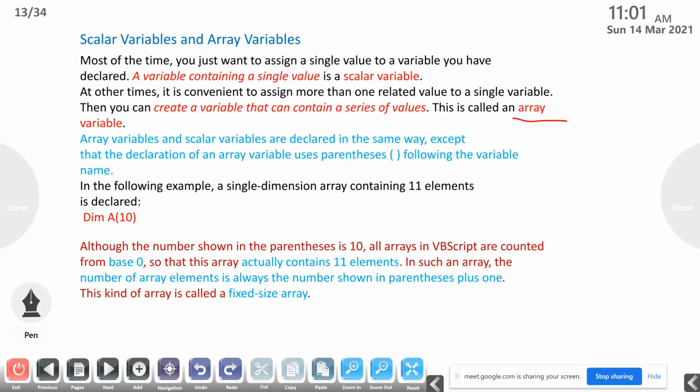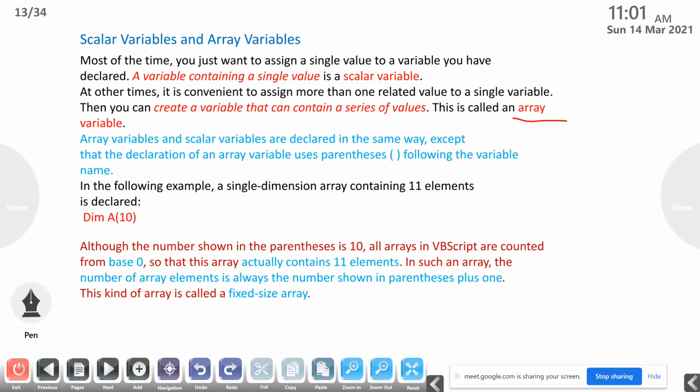Here is one difference between a JavaScript array variable and VB script. Although the number shown in the parenthesis is 10, dim A of 10, all arrays in VB script are counted from 0. We know that in all programming languages, and in JavaScript also, when we are declaring an array variable, the index starts from 0.